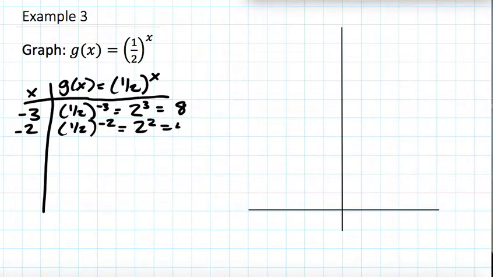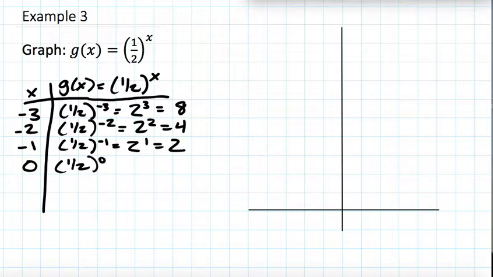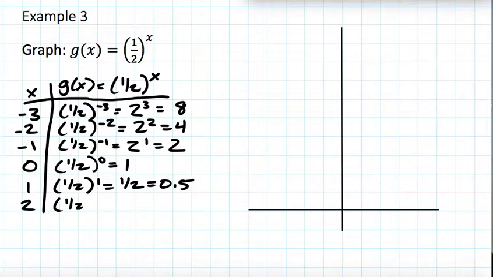Plugging in -2 gives me 4. Plugging in -1 gives me 2 to the first, which is 2. Plugging in 0, anything to the 0 power is 1. 1/2 to the first power is 1/2, or 0.5. 1/2 squared is 1/4. And lastly, 1/2 to the third